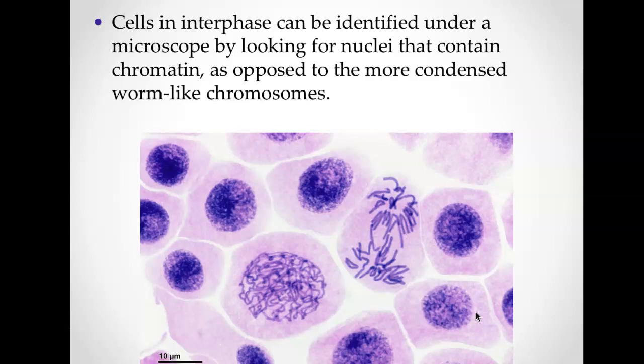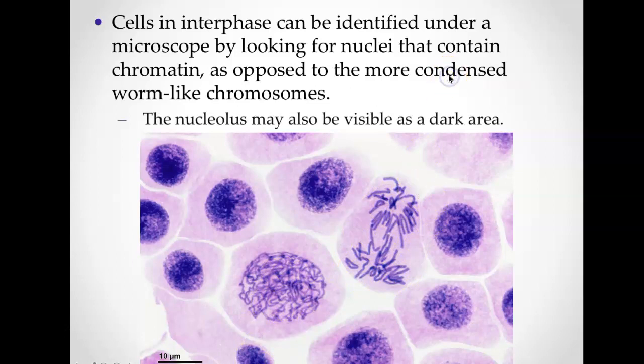Make sure you pay special attention right now because I'm probably going to put this on your quiz: which one of these cells can you identify that's in interphase? It would be one like this. Which one has condensed chromatin? It's going to look like this. And which one is actively dividing? It's going to be this one.